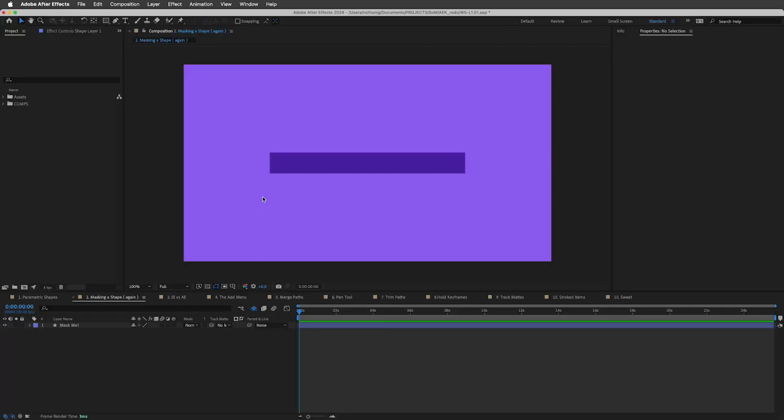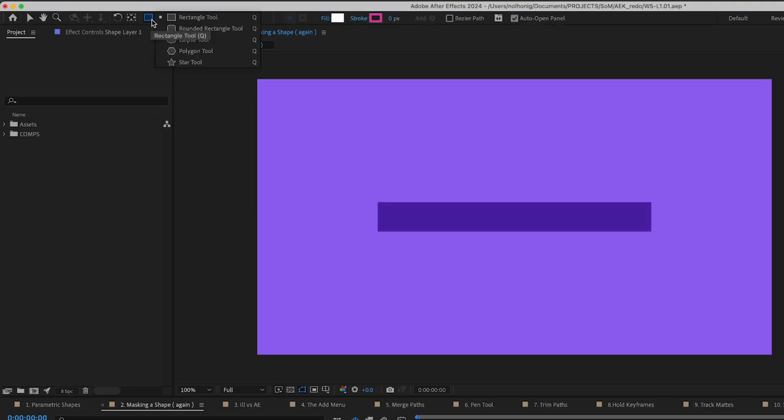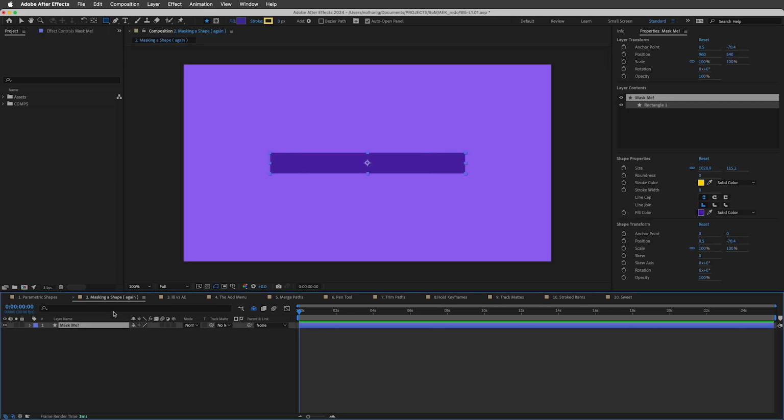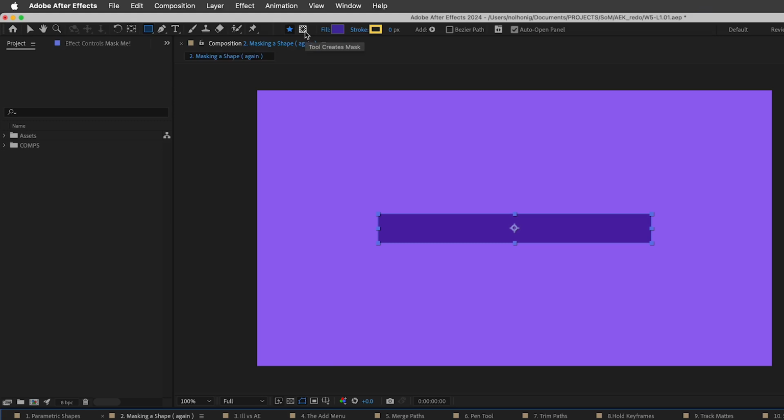Yeah, so this is a bit confusing because this shape tool is responsible for both making shapes and for making masks in After Effects, okay? Now the solution is very simple, and we've definitely gone over this before, but let me just take you through this again, all right? So if I have my rectangle tool selected and I have a layer selected, okay, and I go to try to make a mask of this, and I haven't pressed this button here,